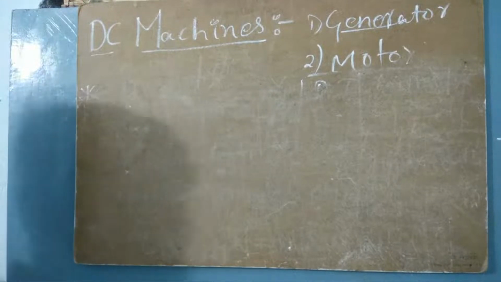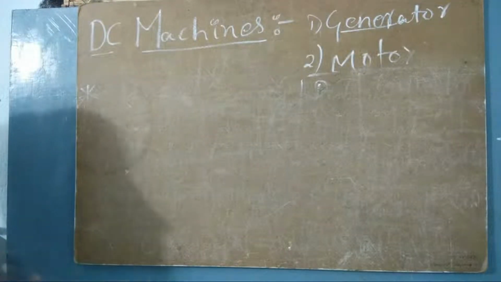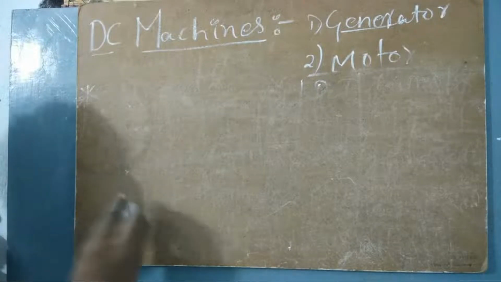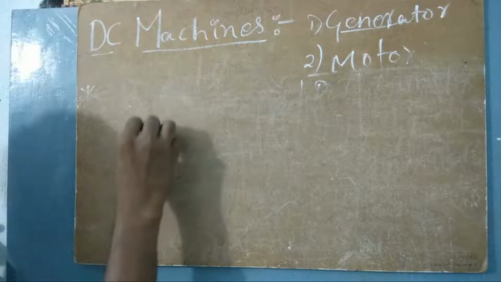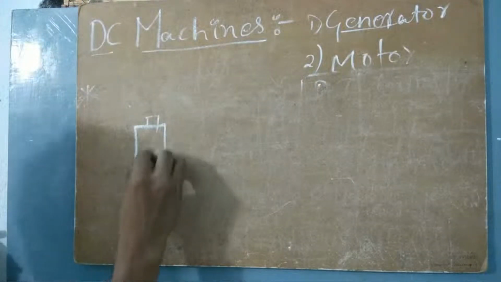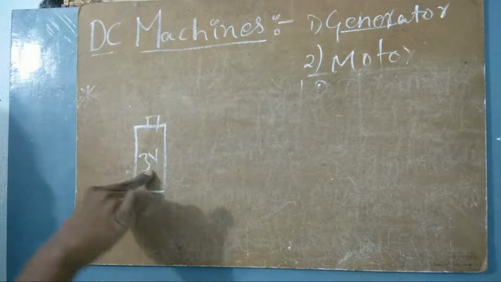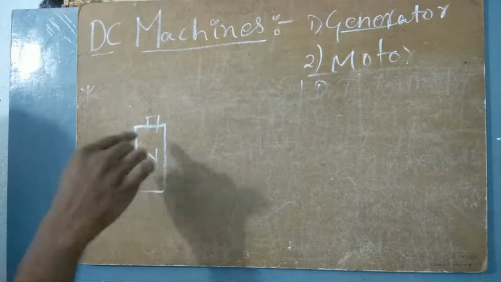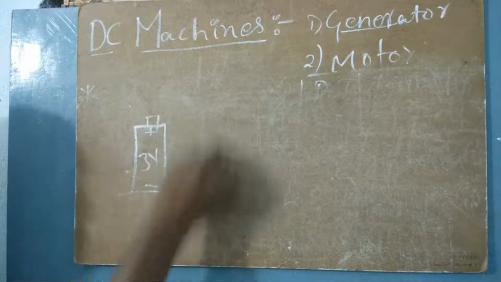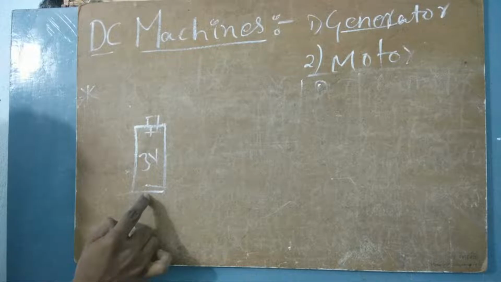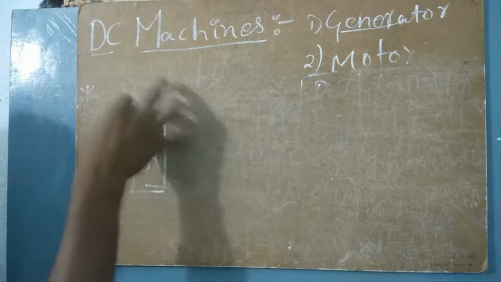You might have experimented with this in your 10th class, I did it when I was in the 10th. There will be a battery, let us say 3 volts, no matter how much voltage it is. This is the positive side and this is the negative side. The current that flows from positive to negative is the conventional current, and the current that flows from negative to positive is the electron current. I will tell you what those currents are.